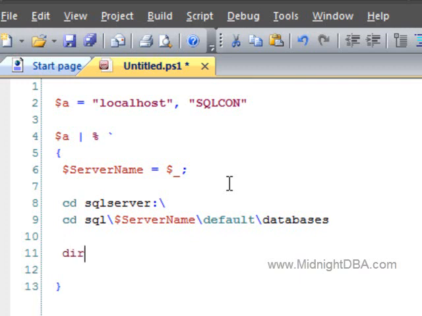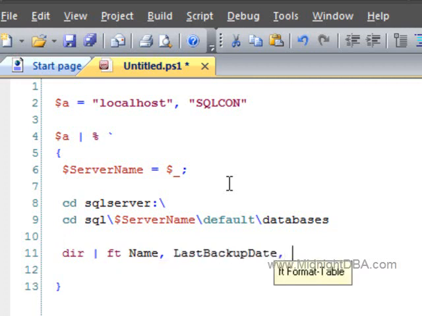Now I want to do a directory, pipe that to format table, name, last backup date, last log backup date, auto. Okay, so I'm just going to leave it there for now because I'm still kind of in the testing